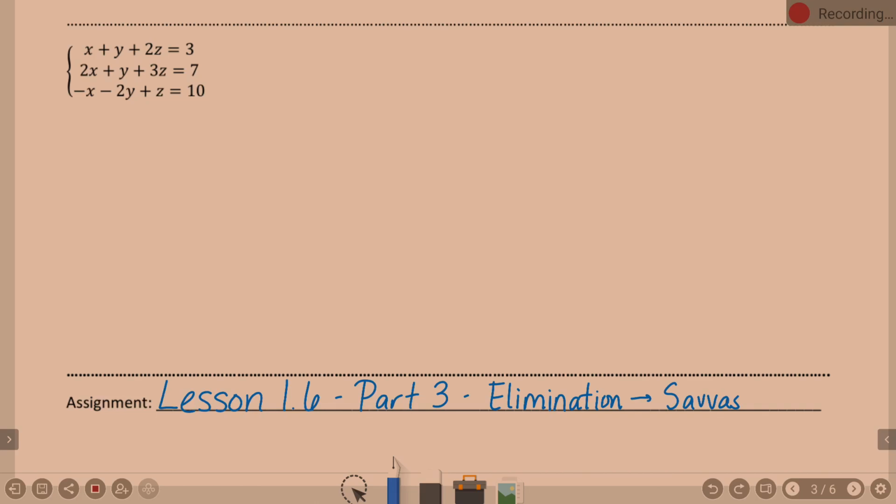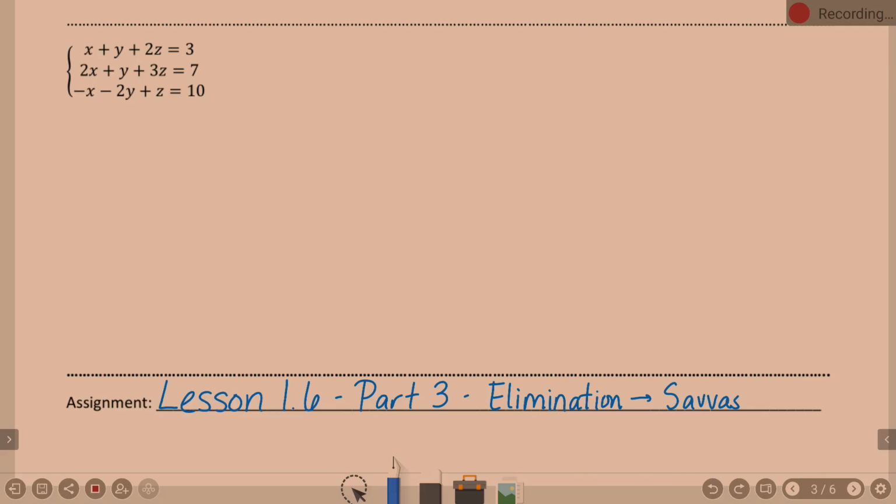And technically, we could pick any variable to eliminate. It's just a matter of how much work do you want to do. What's a guess here? A thought. Bella? With the x's, eliminate, one was negative and one is positive. Okay. I like the idea of eliminating x's because we do have one set that's already ready to go to